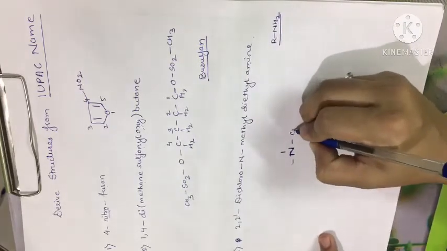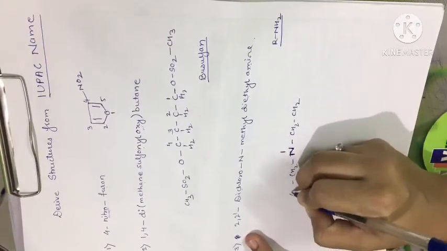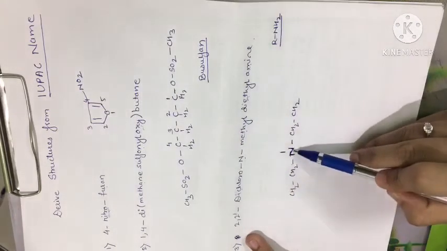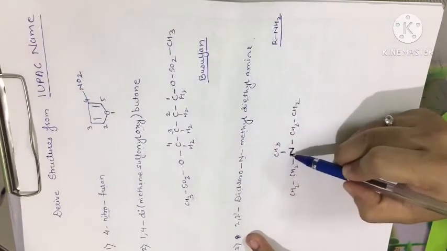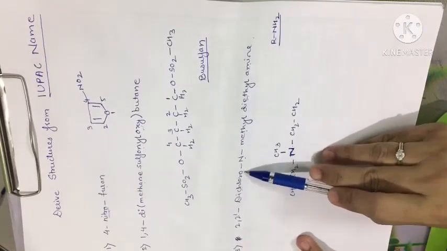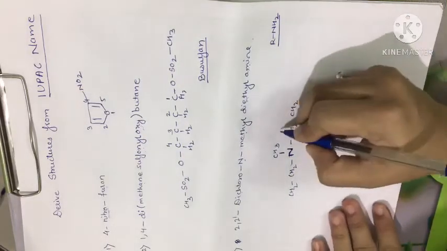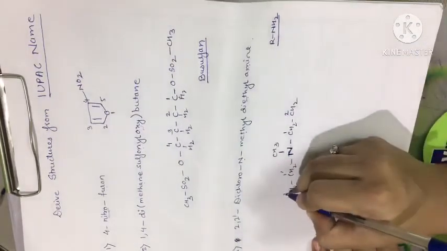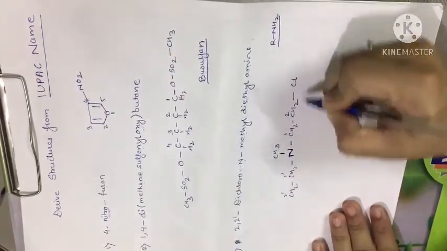So I will attach one group here, CH2, CH2, and here also CH2, CH2. Then there is a methyl group at the N position. So there is only one N position in this structure. So I will attach N-methyl. So the methyl group is attached to the nitrogen. Now there is again one more substituent, that is dichloro 2,2'. Now 2,2', how should we denote 2,2'? One is this carbon, another is this carbon, this is 1, 2, and this is 1', 2'. So at this 2 and 2', we have two chloro groups attached.